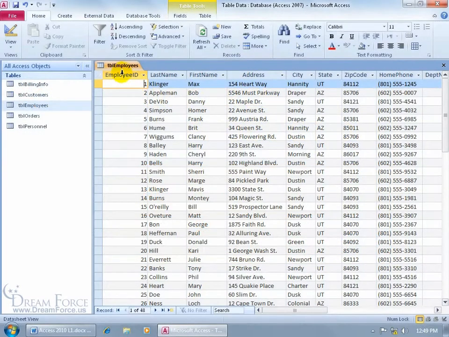You can see I'm in the employees table. Down at the bottom I have a total of 48 records. I don't want to view all of them. I just want to view those employees who are based in the state of, let's say, Utah. So the criteria is going to be UT for Utah, and to filter in only those employees who have that